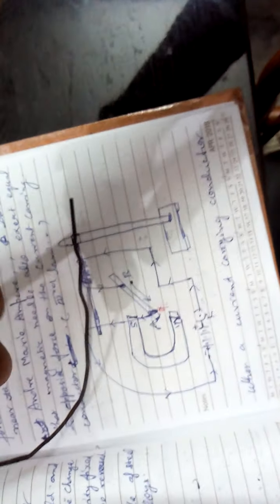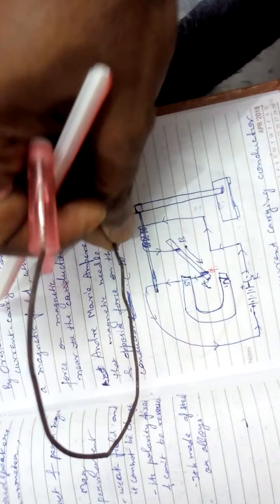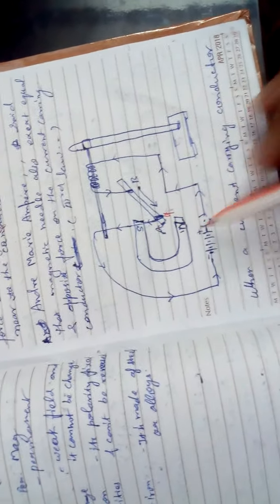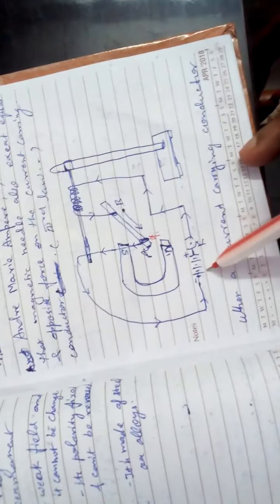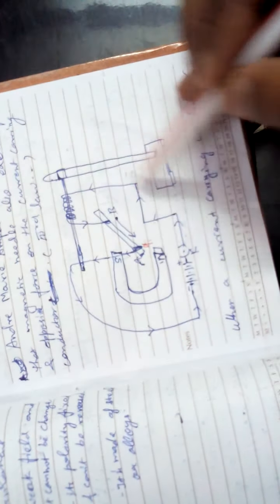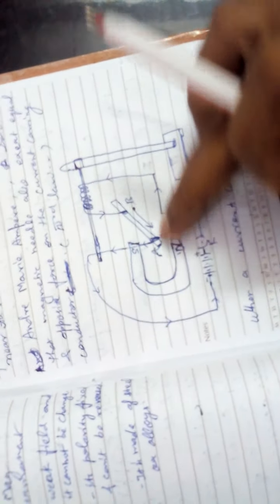Suppose you take this as if up, meaning the north pole is now up. When the north pole is up, the direction of the magnetic field changes, and so the direction of the motion changes. Or you keep north and south as they are, and here you change the battery, minus on this side and plus on that side. Then the direction of the current will change, meaning the polarity of AB will change, and again the motion will change.